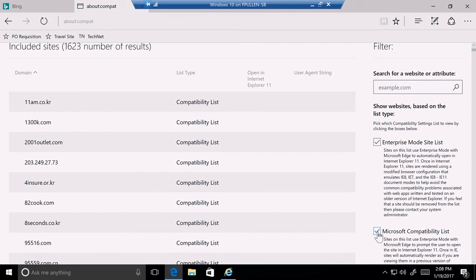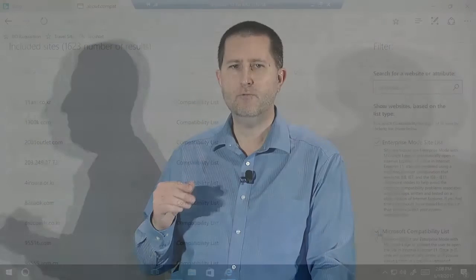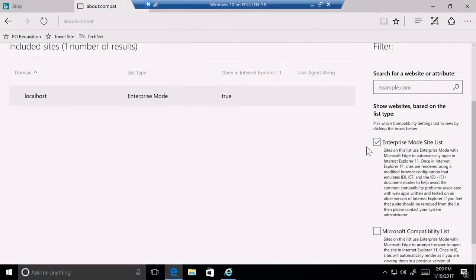Now, all of that said, you can turn off the compatibility view list. There is a group policy for that. We encourage you to leave it on for compatibility's sake. But if we just look at the enterprise mode site list, this will show you exactly what the browser thinks is part of its enterprise mode site list. So you can either look at the current version registry key, or you can look at this. And yes, we are adding the current version number to this page. I think this is coming in RS2.